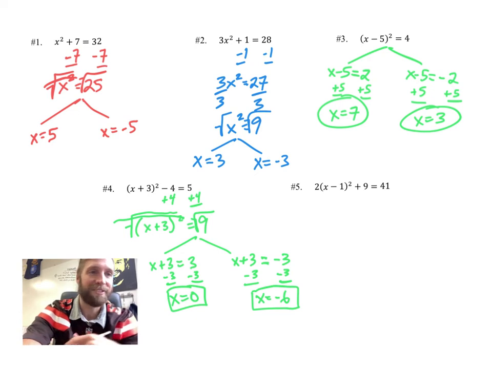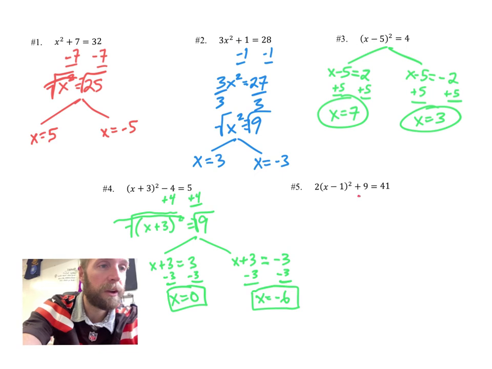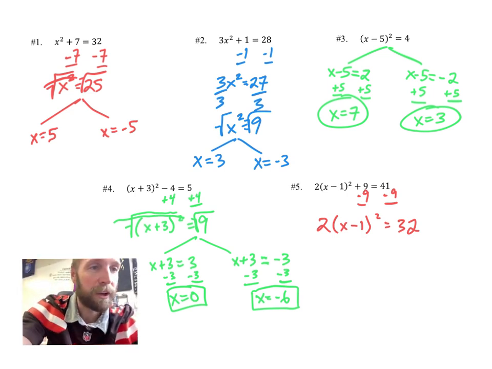You get rid of the 9. You get rid of the 2. Then you focus on the x. We're going to do the same thing here. We're going to go ahead and subtract 9 from both sides. We're going to get 2 and this group equal to 32. Get rid of this extra junk, the stuff outside the group. I'm going to go ahead and divide by 2. Divide by 2. That's going to give me my group